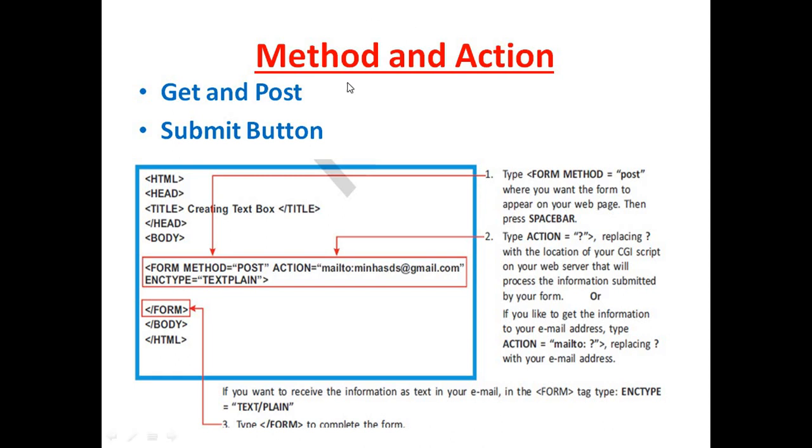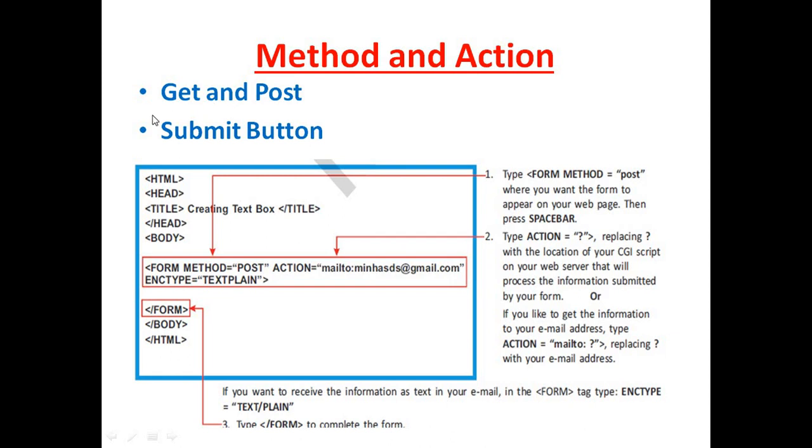The method property tells the form how to transfer the data to the form processor, which is your CGI script or your email, like that. So we can assign either of the two values to the method property, which are get and post.